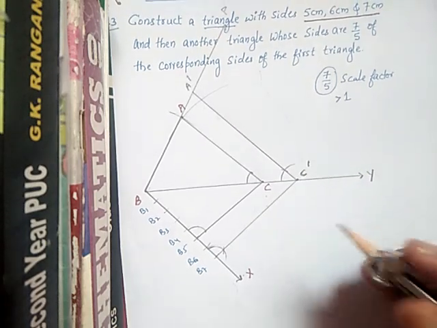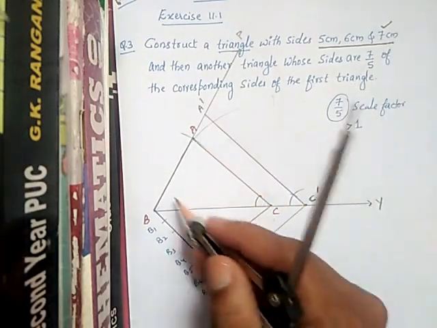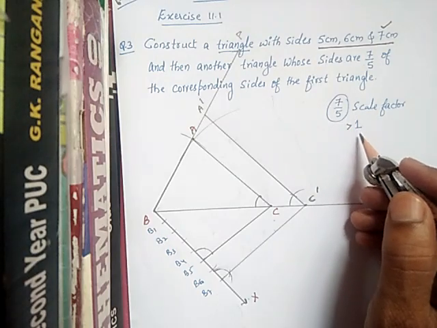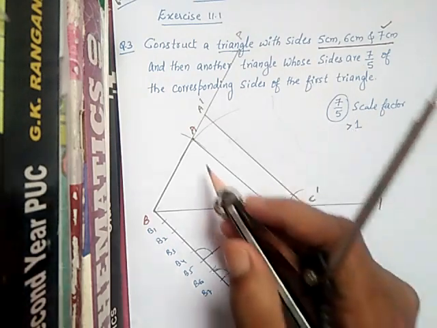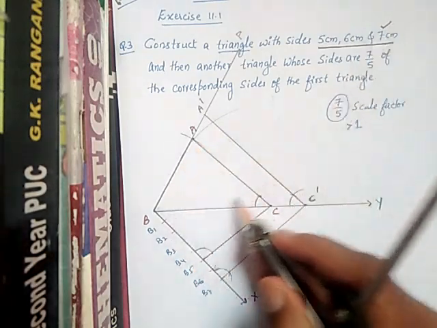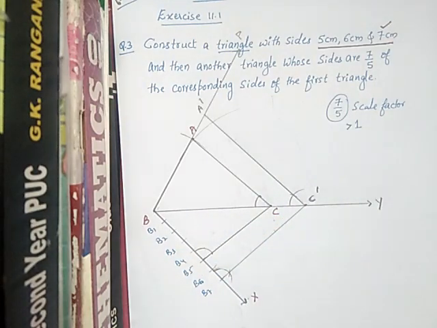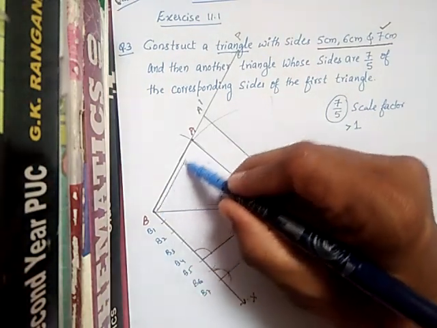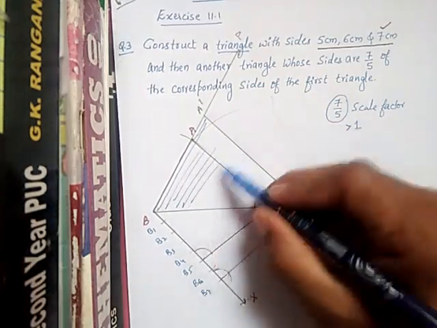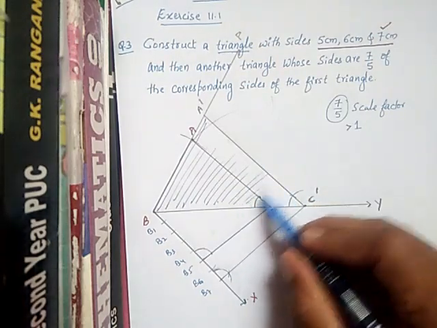Now the important thing: in the previous video, for the original triangle, the inside triangle came because when you divide the scale factor it was less than 1, but here it is greater than 1, so the required triangle will come outside the original triangle. So the original triangle is ABC, so outside means what? This one, from here to here it is this triangle now. Okay, from here to here you can take like this. This is your required triangle.